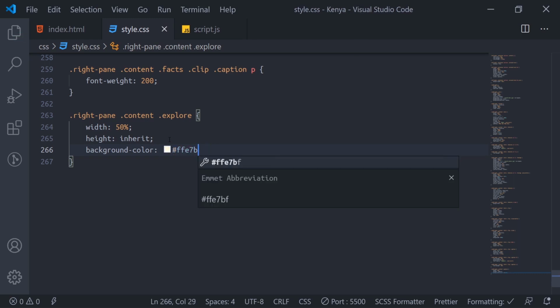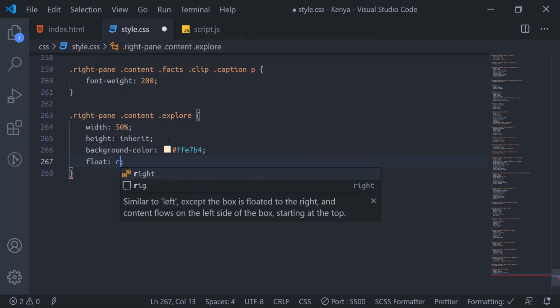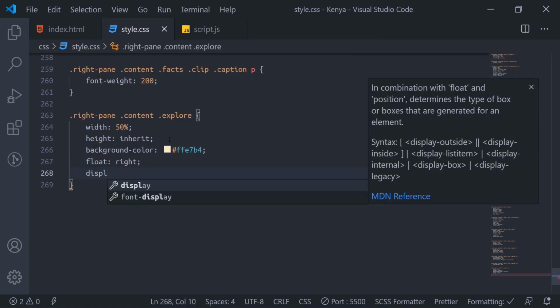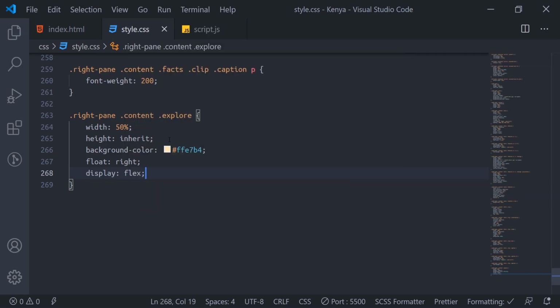FFE 7B4. Okay. Then we'll go float right. We'll set display to flex because we need to centralize the content.